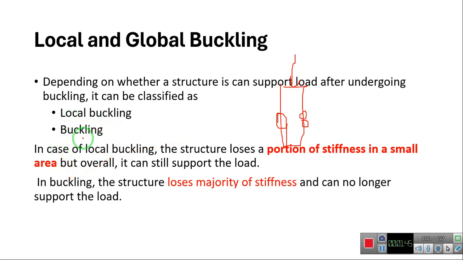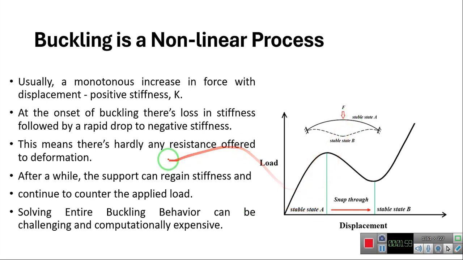But in the main buckling, or just buckling, the body loses the majority of its stiffness and can no longer support the load. So it causes drastic failure of the object. If you draw the force displacement diagram for buckling, you see that buckling is a highly non-linear phenomenon. As the load increases, the displacement also increases, but at a particular point, the maximum point, or the limit point,